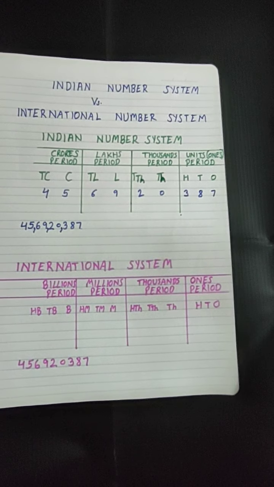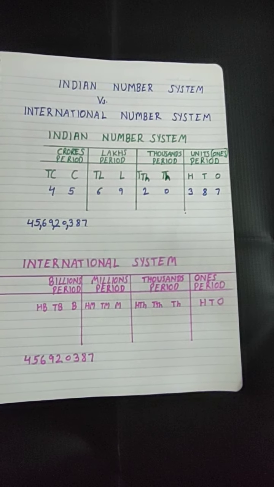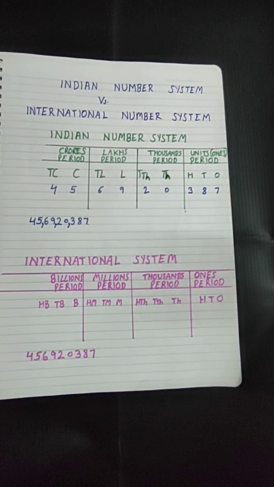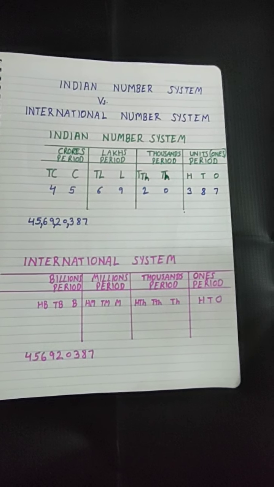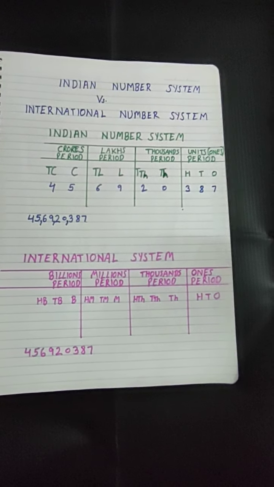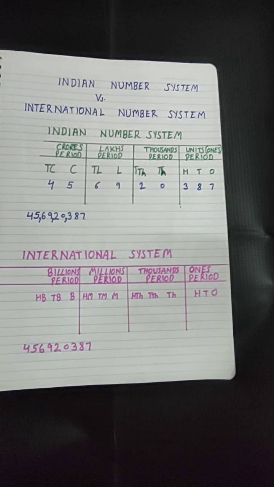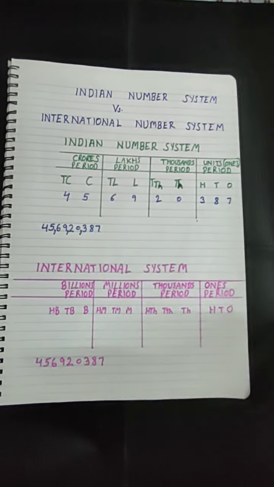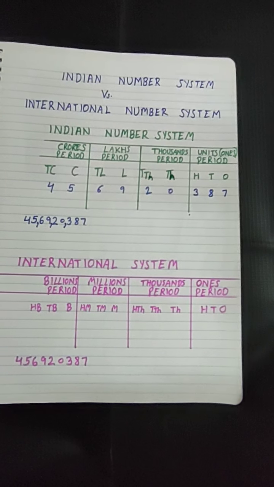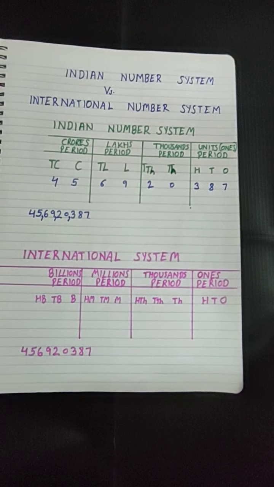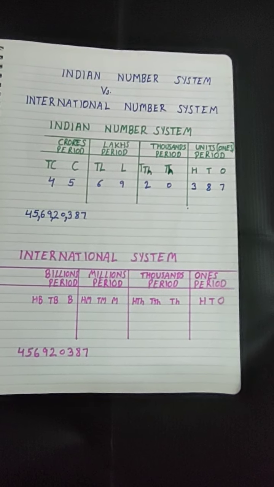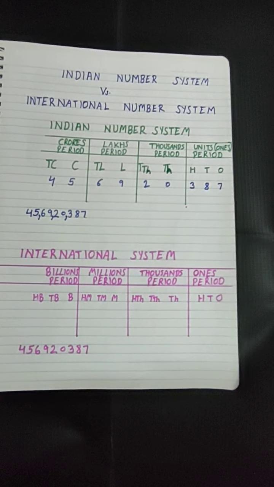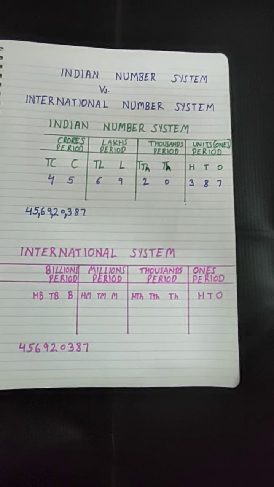Talking about money, can you tell me the currency of US? Dollars. Have you ever heard $1 million, $1 billion? Yes, you must have heard. But have you ever heard lakh dollar, crore dollar? No, because lakh and crores are part of Indian number system and they are used with Indian currency only. So you must be aware of crore rupees, lakh rupees. But when it comes to dollars or other foreign currencies, we use millions and billions.